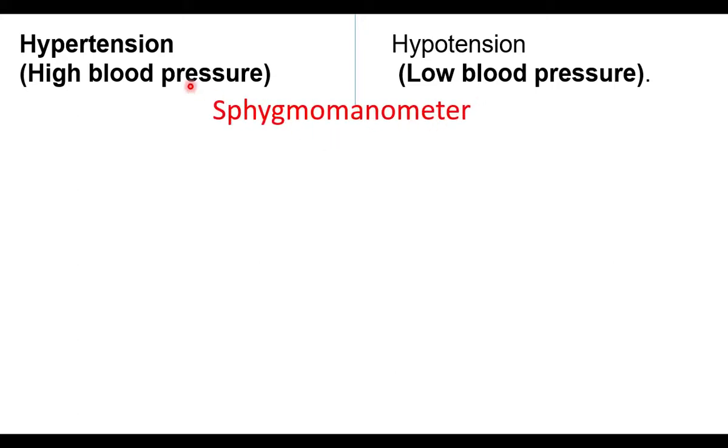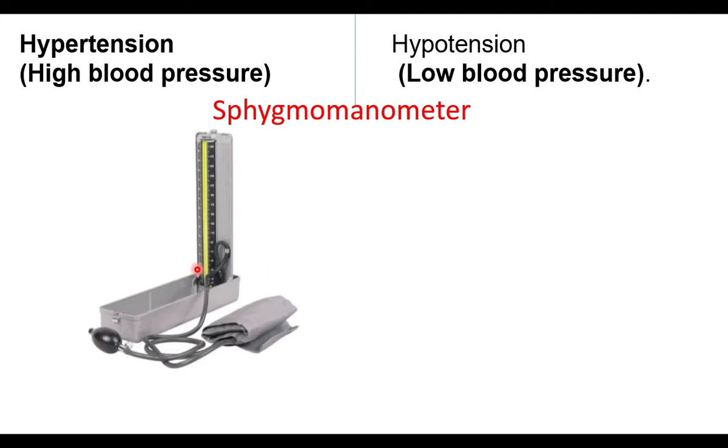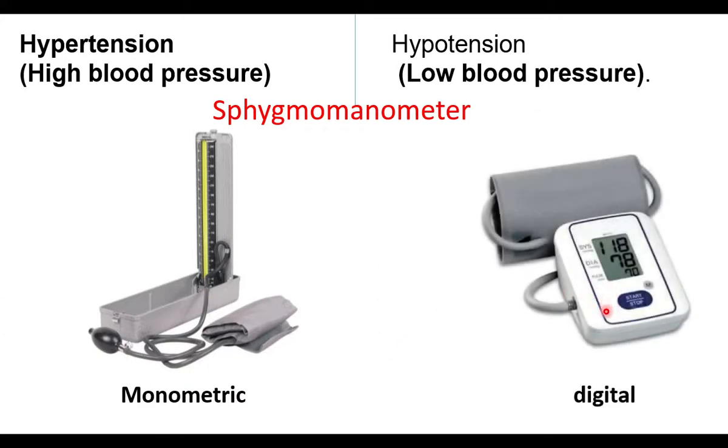How to measure the blood pressure? With the help of an instrument, sphygmomanometer. Sphygmos means pressure, manometer is a physics instrument. This is a sphygmomanometer used to measure blood pressure. It will give details about high blood pressure, low blood pressure and normal flow of blood through the blood vessels. This is the old type manometer. Modern ones are digital. The value will be displayed on screen. Sphygmomanometer is an instrument used to measure blood pressure.